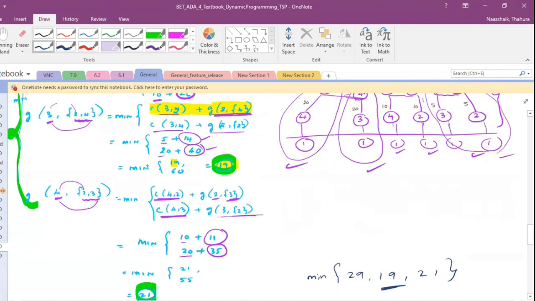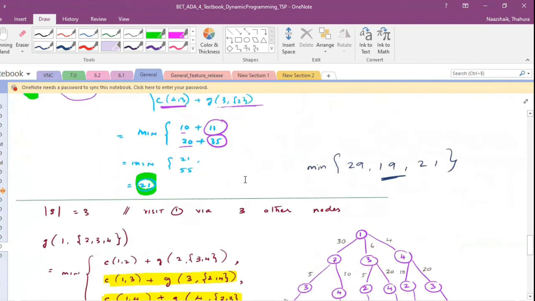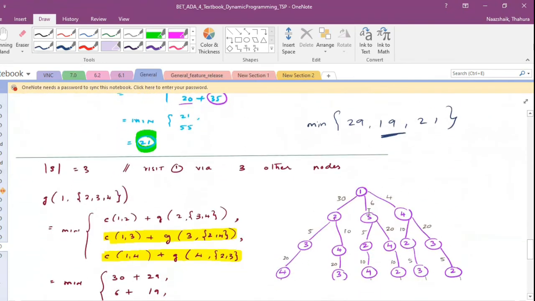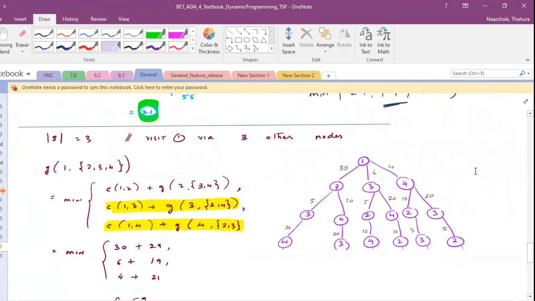Okay. So we are done with the third step. And finally, we go to the fourth step. So here you see, I have gone one step up in the graph. So this is your fourth step. So what does this mean? Your S size is now 3. That means you have to visit 3 vertices before reaching 1. That's what it means.